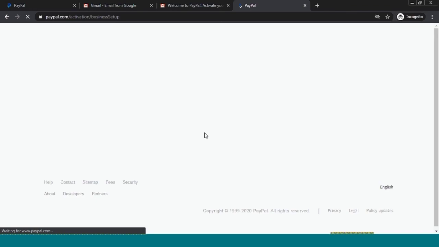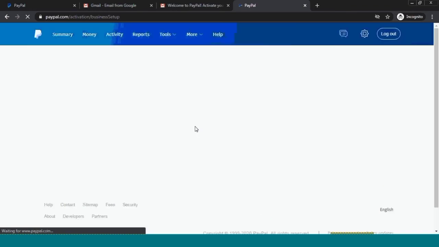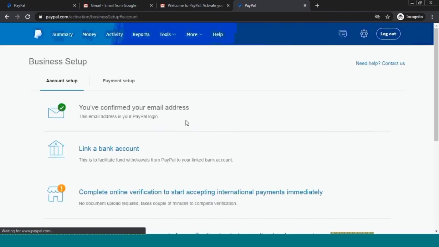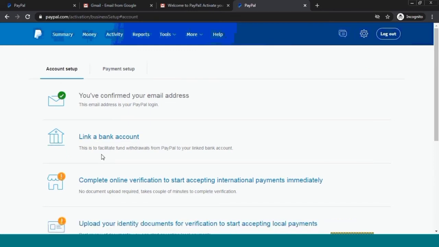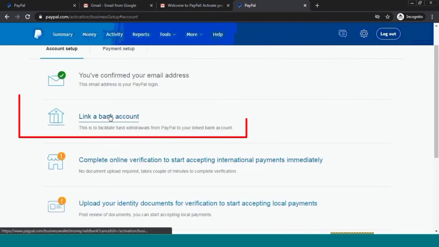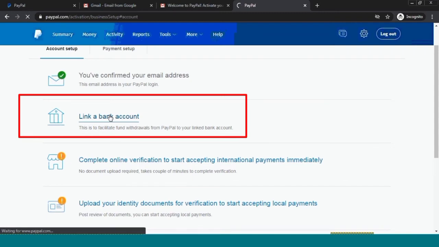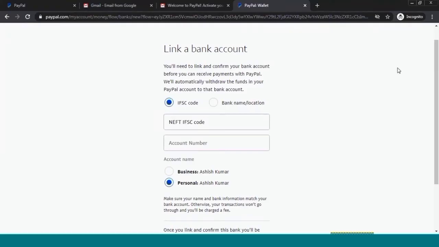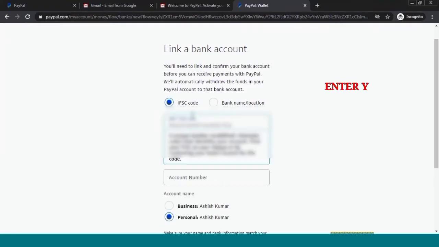Now my email has been verified. Now I am linking my bank account. For linking your bank account, click on this link and here you will see some account details.